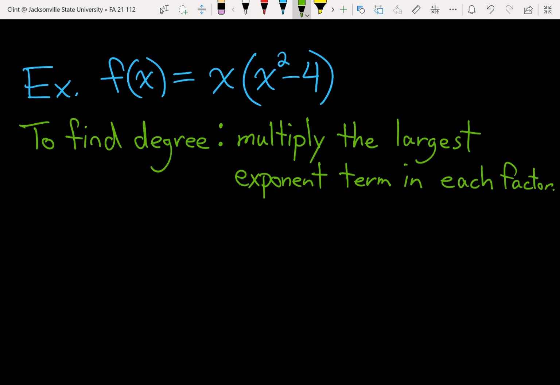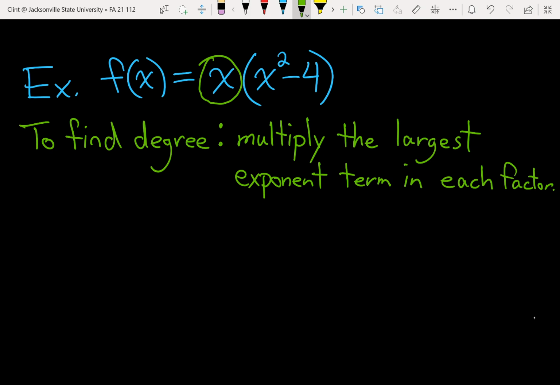Well, if we're looking at this factor, the factor of x, it has the largest exponent in that factor, exponent of 1. So I'm going to take and multiply this term. And then if I look at the second factor, which one has a bigger exponent? That kind of seems silly to ask here, but x squared would be the one that has the bigger exponent, because the exponent on the x with the 4 is 0. So then I'm going to take x squared,